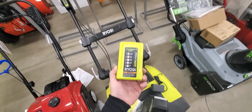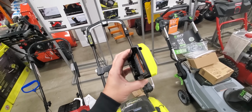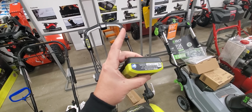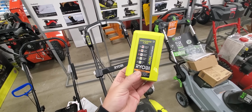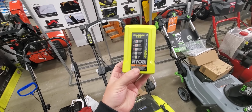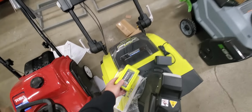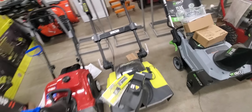Yeah, here's the power source that you get with it. Remember, this is like this one might just be the charger. I don't see a USB. Weirdo Rama. But